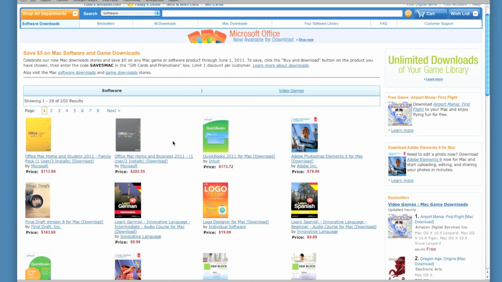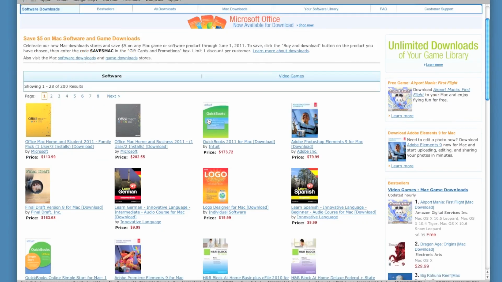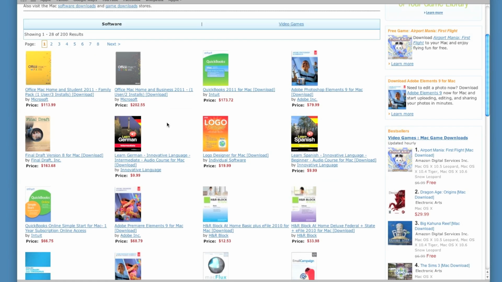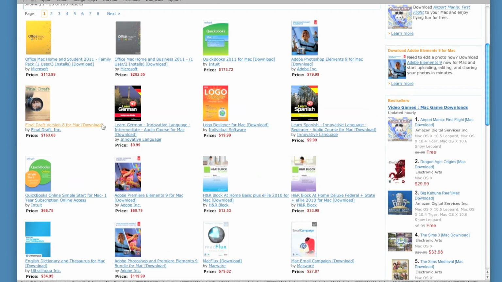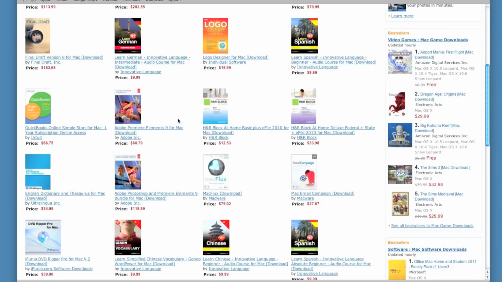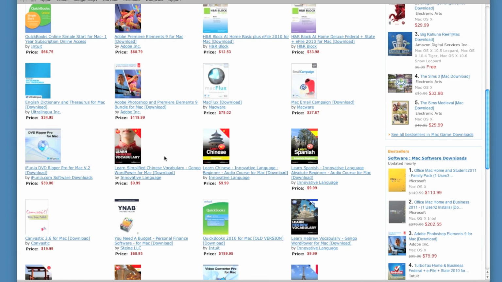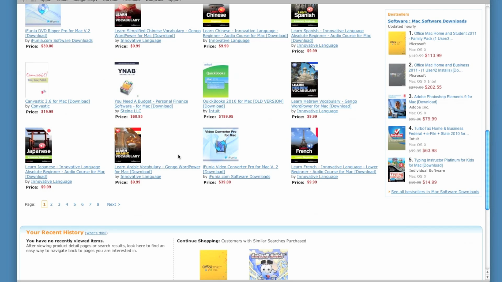And here we go. There are over 200 search results. There's Final Draft, which is $163, and I think at Apple it's like $250. That's a pretty good deal. And it looks like it's also offered as a download. I think most of these are downloads, so once you buy it from Amazon, you will download it right to your system. It's not like you're ordering it and they're going to mail it to you. There might still be that in here, but I think most of the stuff on this store